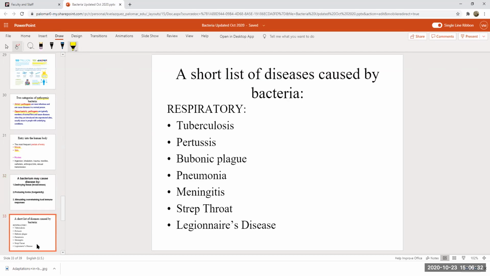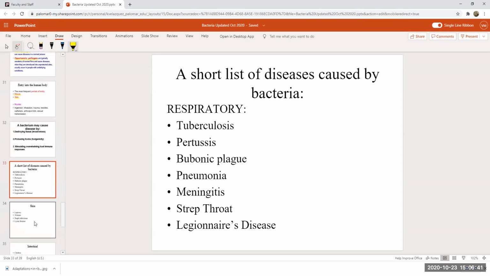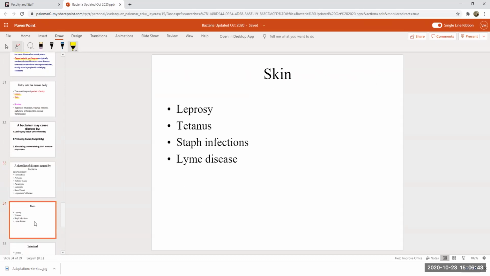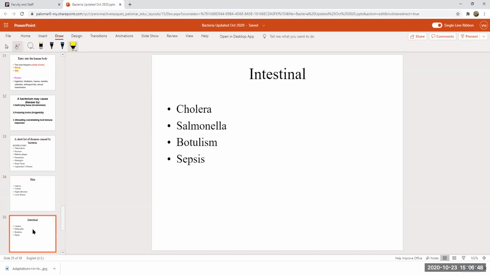Here's a short list of diseases caused by bacteria. These would all be respiratory. Many of these we have vaccinations for now, but they're still pretty common. The skin, intestinal bacteria,